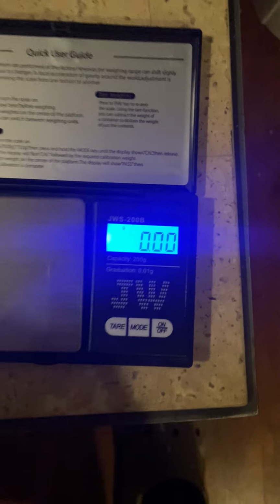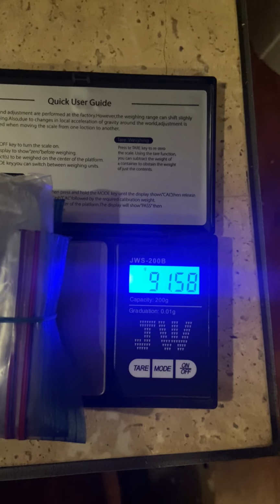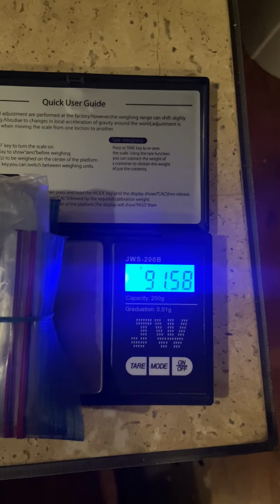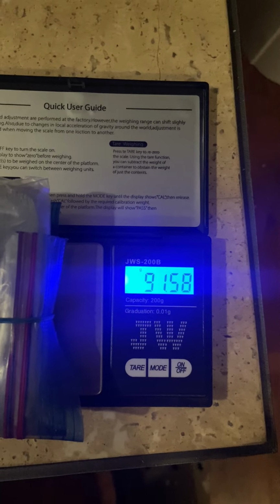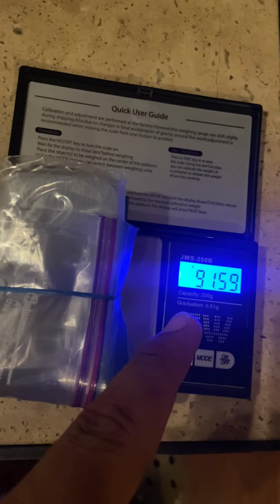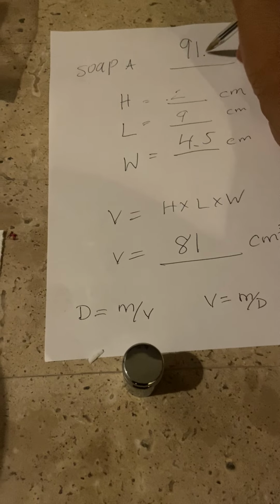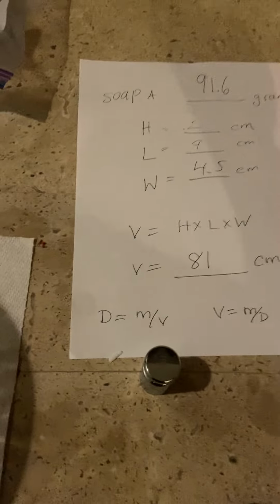So we have here the digital scale. I don't know if you can see it. Would you look at that? 91.58. So that means I was just off by 1.58. I'm gonna go ahead and use this instead. But it wasn't too bad. It wasn't too off. Okay, so I know soap bar A is 91.6 grams,